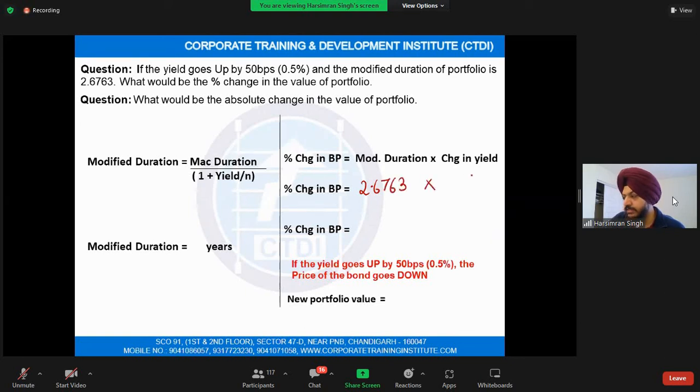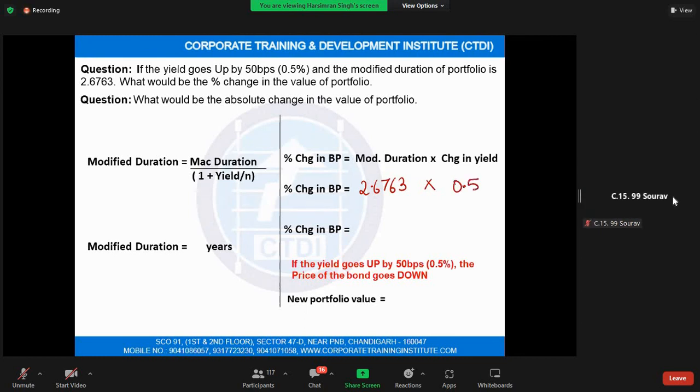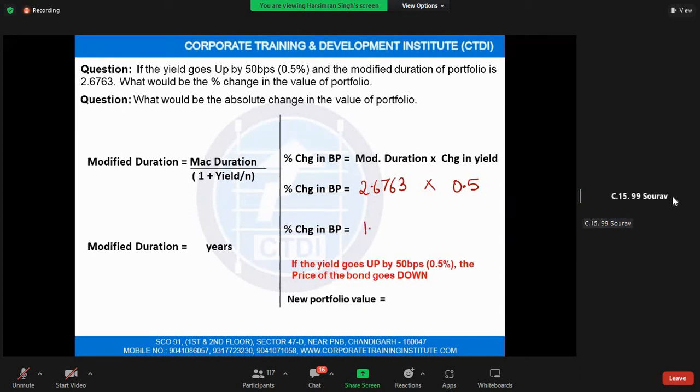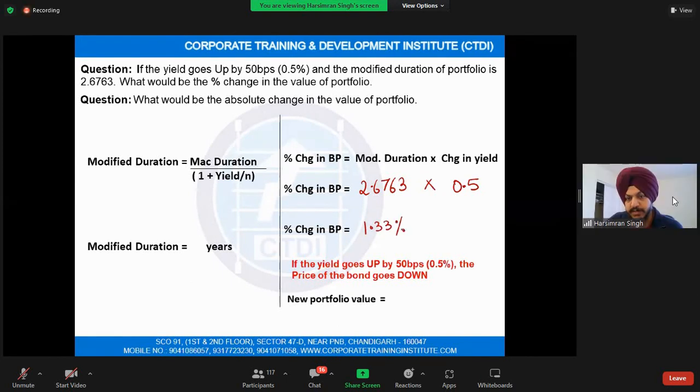And into what is the change in yield? 0.5. So what is the percentage change in bond price? 1.338. 1.33%. Okay. That means if the yield goes up by 50 basis points, the price of the bond goes down